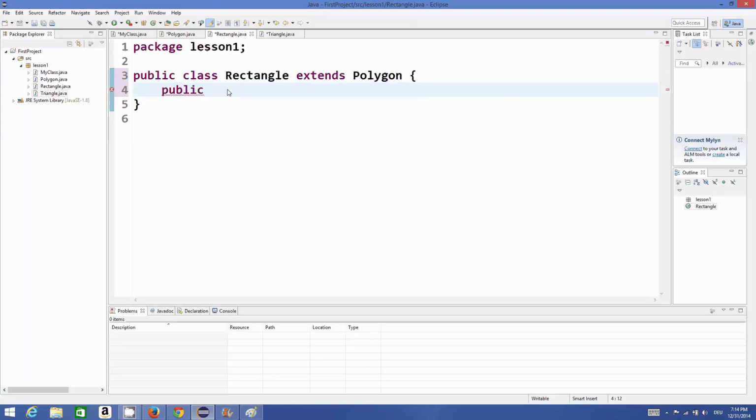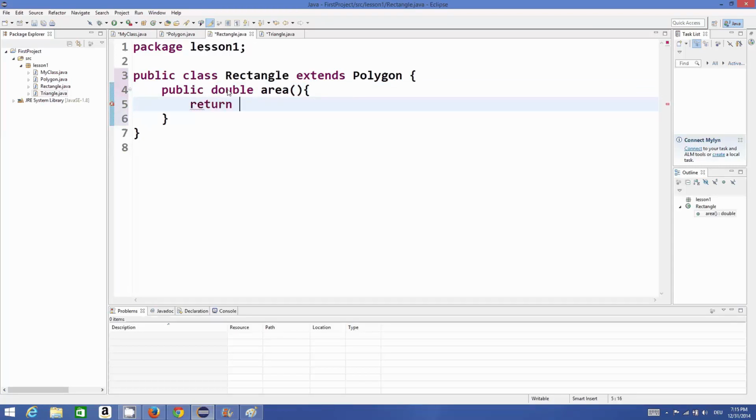So we can just define a public method, and this will be the area. double area, and what this method is going to do is just return the area. So return height into width. And which height and which width are we talking about here, because we haven't declared width and height inside